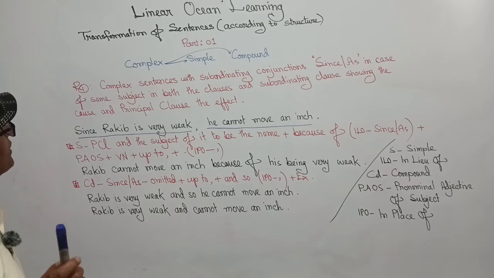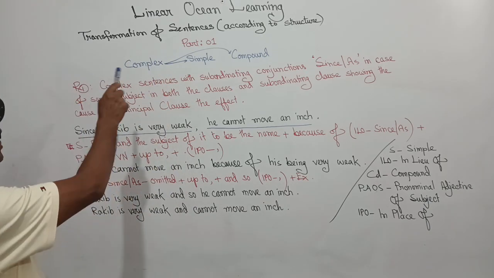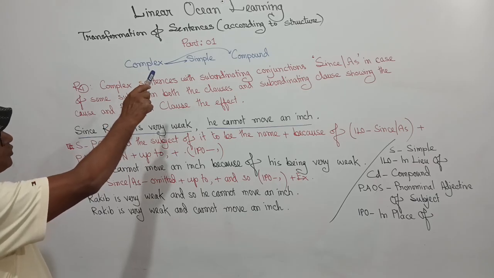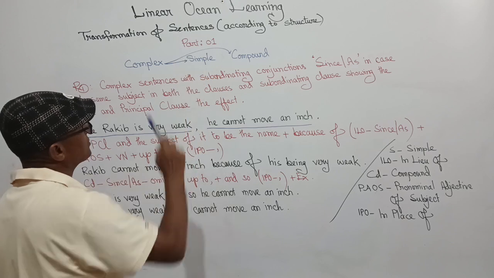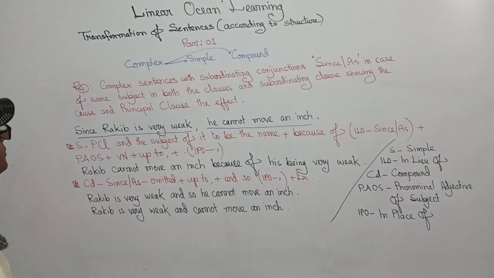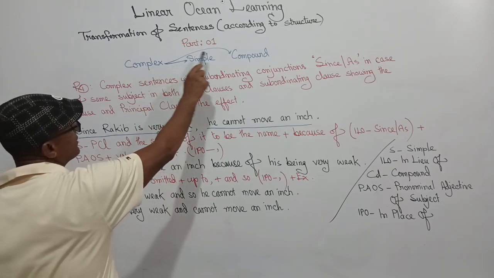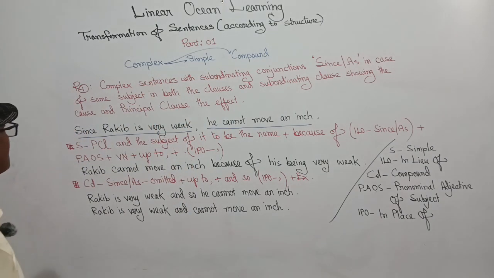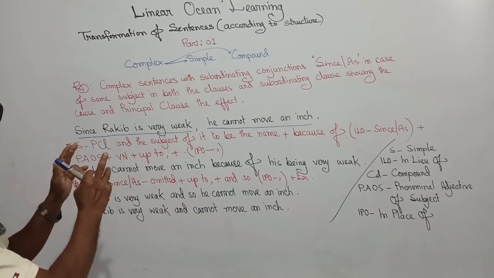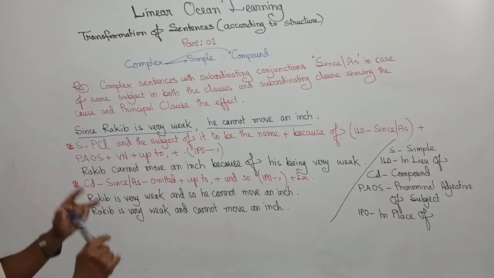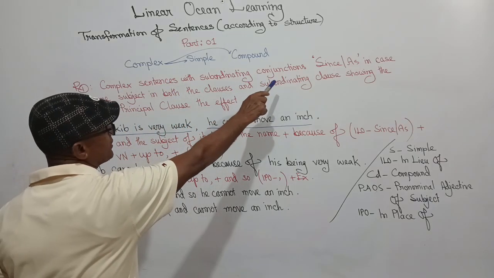I once again welcome you to my Linear Ocean Learning channel on transformation of sentences, and from today it will be according to structure. Part 1, complex to simple and complex to compound. I'll address both the functions, complex to simple and complex to compound. Rule 1, complex sentences with subordinating conjunctions